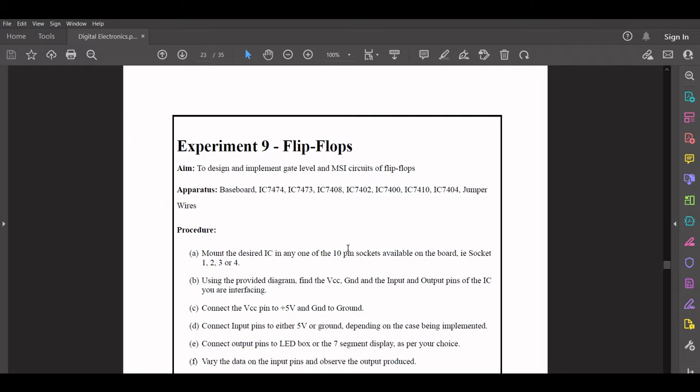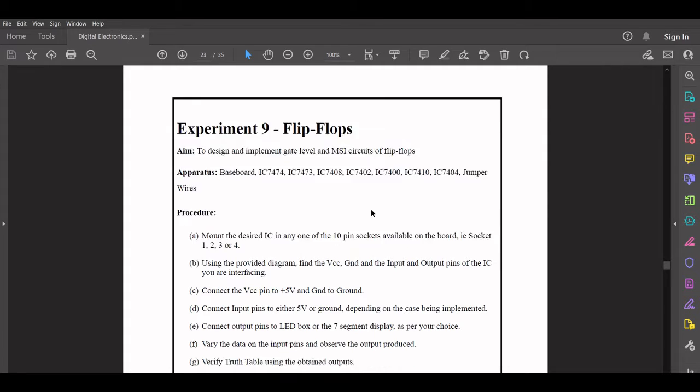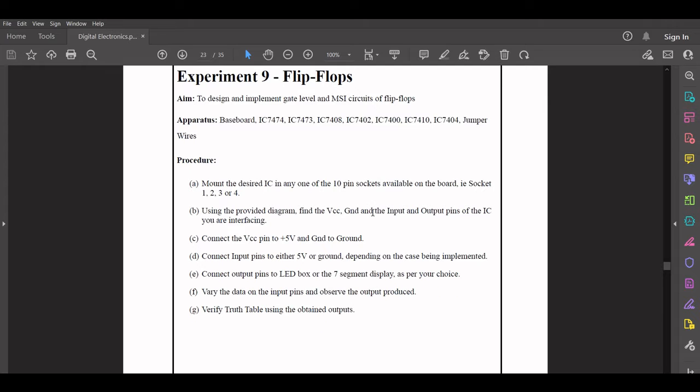The apparatus that we require is the baseboard, a couple of ICs, and a few jumper wires. The procedure that we have for this experiment is quite similar to the ones before. You'll have to mount either the logic gate or the desired IC in any one of the 10-pin sockets on the board, and using the provided pinout diagram, you'll have to make connections to VCC, ground, as well as the